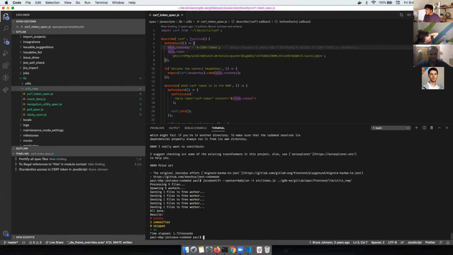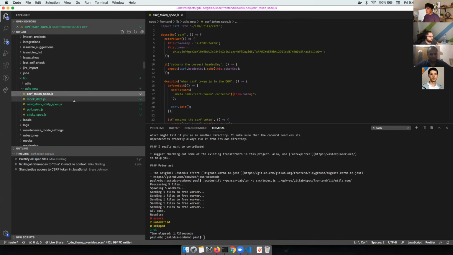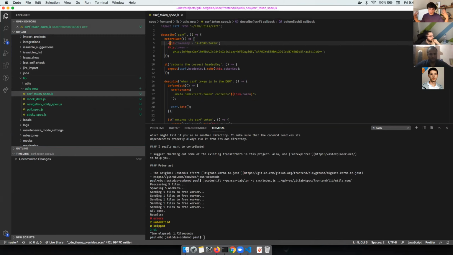Okay. So a handful were unmodified, which is all right. Probably mock data. Oh, and here's another lovely thing I'm happy this came across. I ran this. You see some changes, like we're now using arrow functions, but we're still using the this context thing, which is going to blow up if we try to run this in Jest. That's because in our code mod,